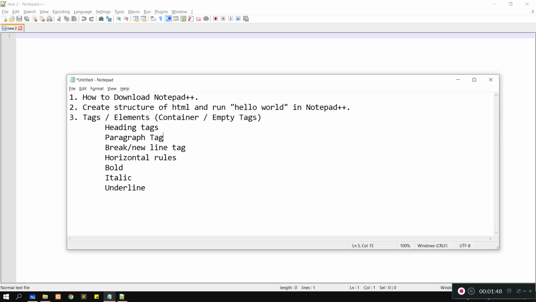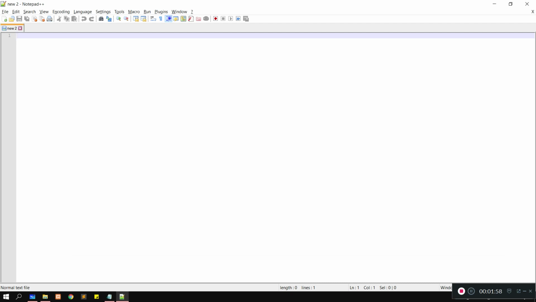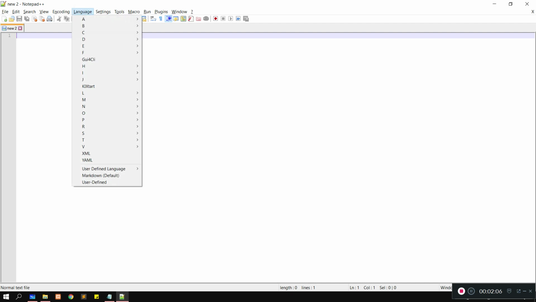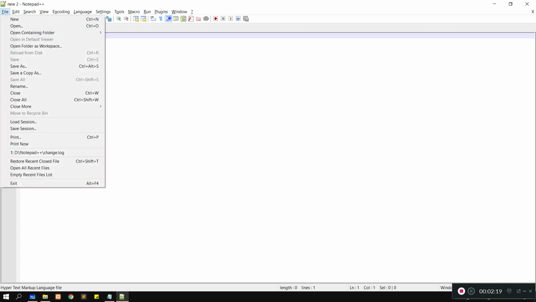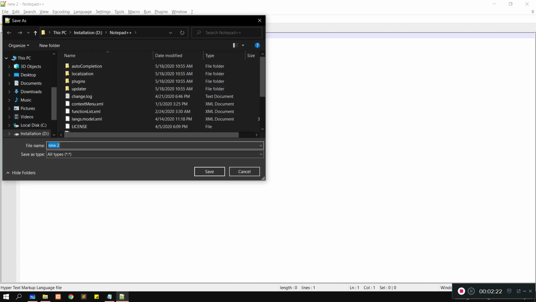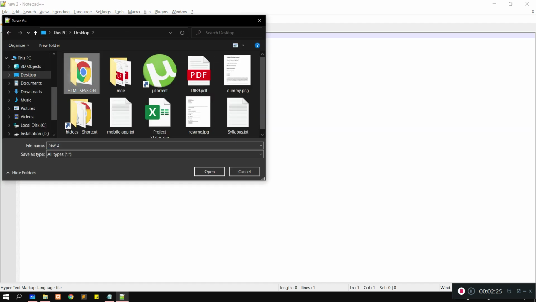So the second is create a structure of HTML and run hello world in Notepad++. We are going to use our first text editor, that is Notepad++. First you have to go to the language and select HTML. Now what you have to do, you have to save the file first. Save as, suppose I am HTML session,